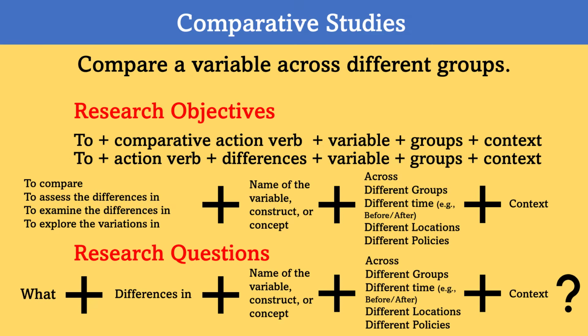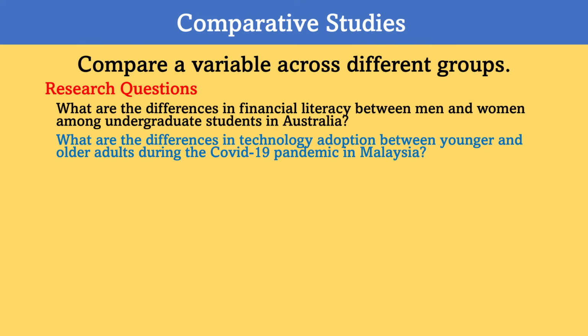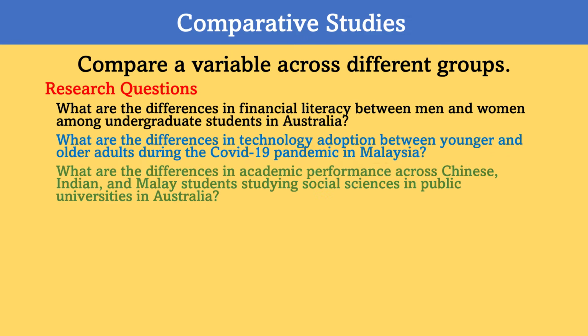And the research questions can be, what are the differences in a variable across the groups in a specific context? For example, what are the differences in financial literacy between men and women among undergraduate students in Australia? Or what are the differences in technology adoption between younger and older adults during the COVID-19 pandemic in Malaysia? Another example is, what are the differences in academic performance across Chinese, Indian, and Malay students studying social sciences in